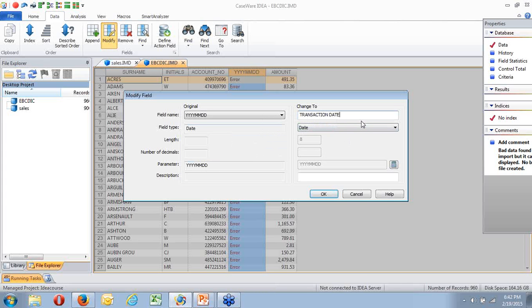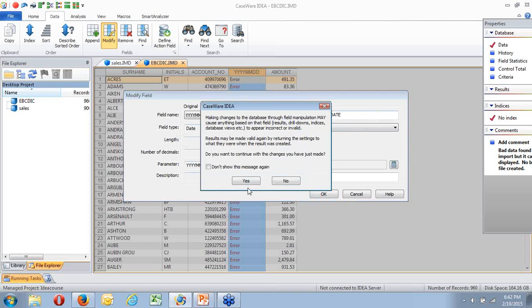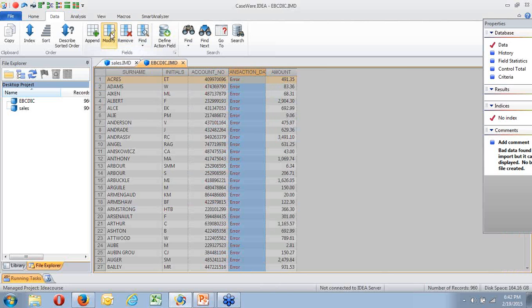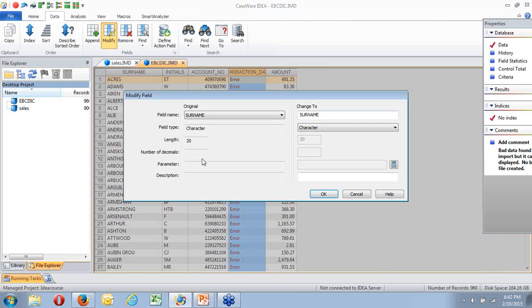I wanted it to be transaction date with a parameter of 4 years, 2 months, 2 days. And it's still telling me it's wrong. Okay, there's my transaction date now, but I still need to modify the field. Why? Because I don't have that parameter.